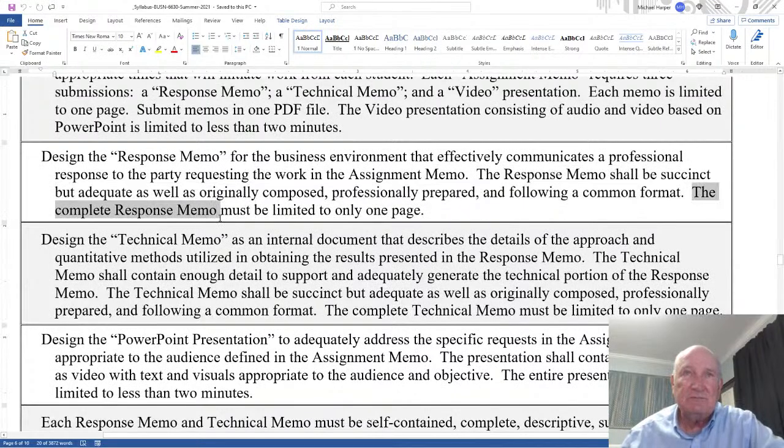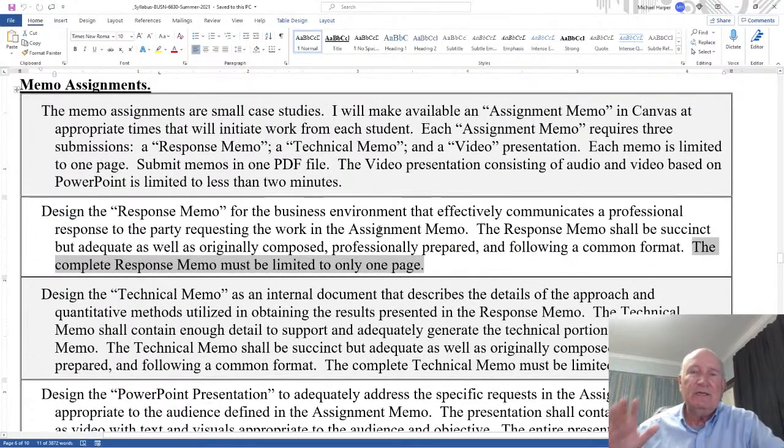The complete response memo must be less than one page. Only one page, and that's it. One page or less. It's limited to one page. Okay, now the response memo is telling the person who requested the work, the business client, the business person, here